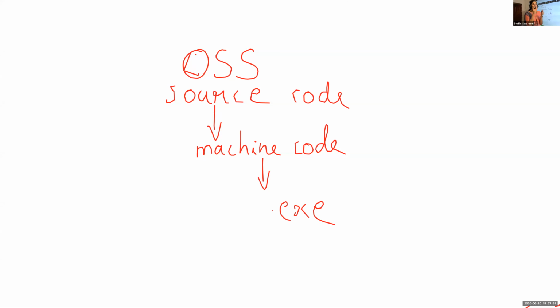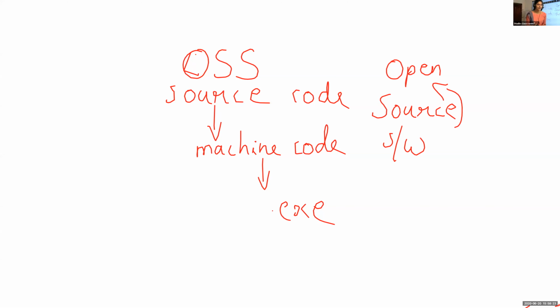So what can be open source software? Open source software. The meaning is that source is open. What is the meaning of source is open? Source means source code. Source code is open freely. Open source software means Python is an example of open source software, and you know that Python itself is written using different types of languages.